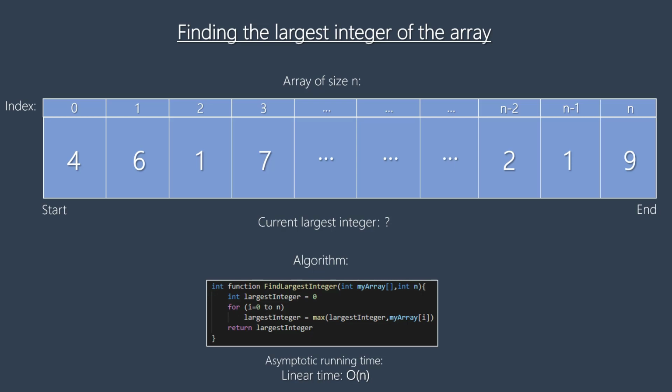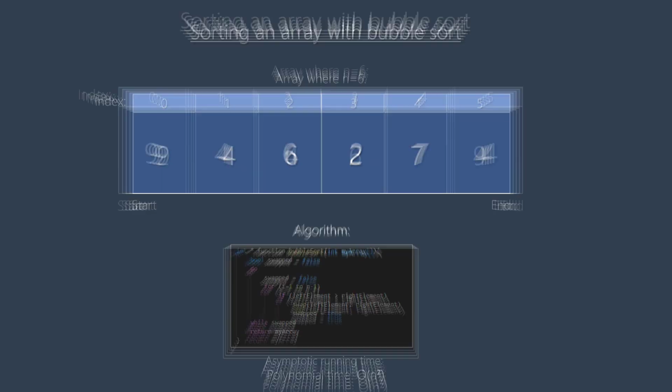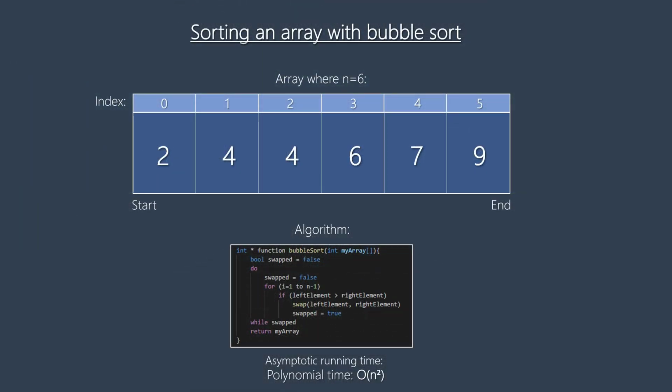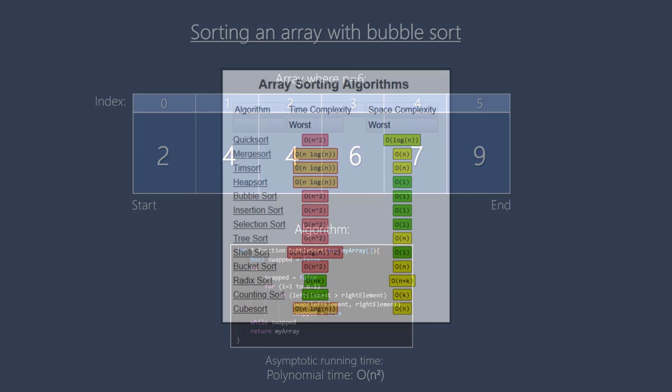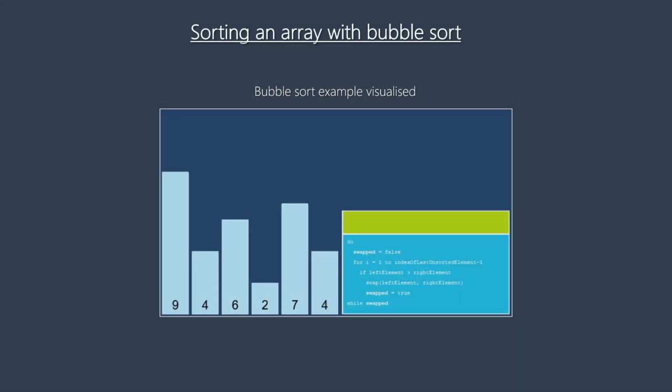For an example of a polynomial time algorithm, let's have a look at a sorting algorithm. If you don't know what a sorting algorithm is, it is a procedure that, given any array of numbers, will be able to sort the array from the element containing the smallest number to the element containing the highest. There are many different sorting algorithms out there, some with different purposes than others, and many that have objectively better running times than others. In this example, we'll have a look at a very simple sorting algorithm called bubble sort,